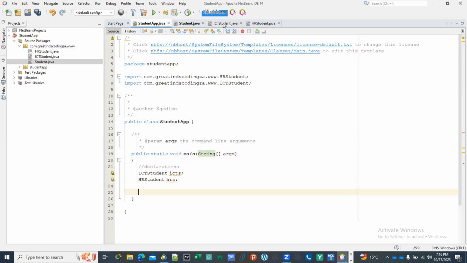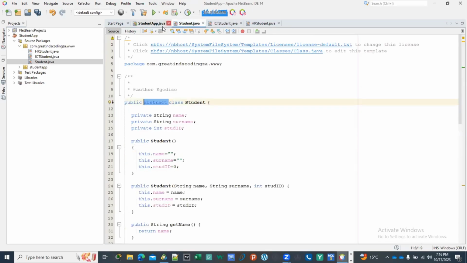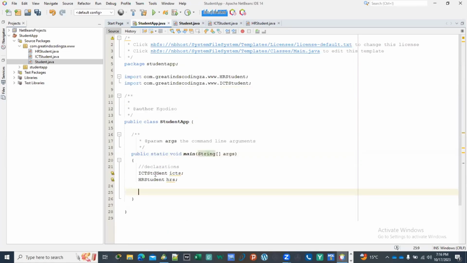Only those which are not abstract, you can access them. So meaning that we can abstract, we can access only those ones. So what we are going to do now is that we're going to prompt user input. The way we're going to prompt the user input is that we're going to first have to say